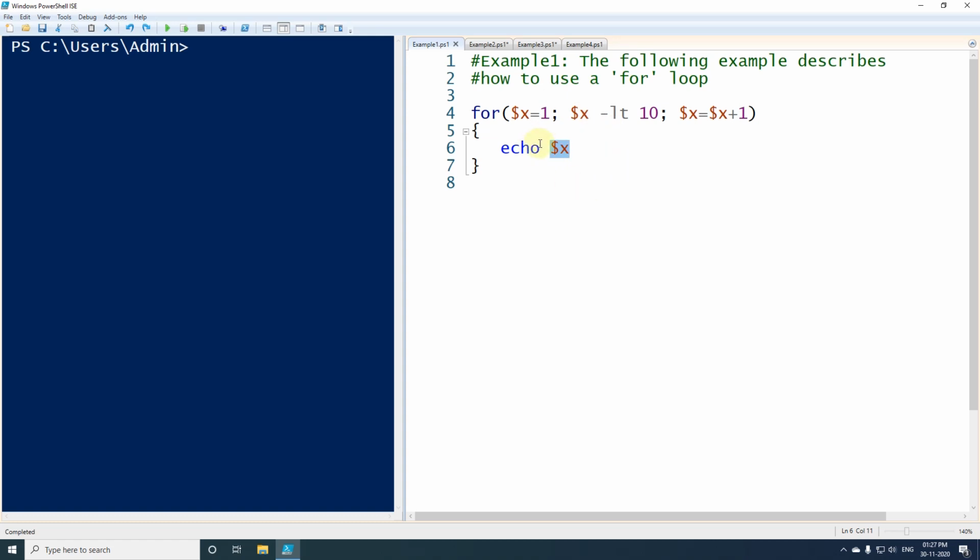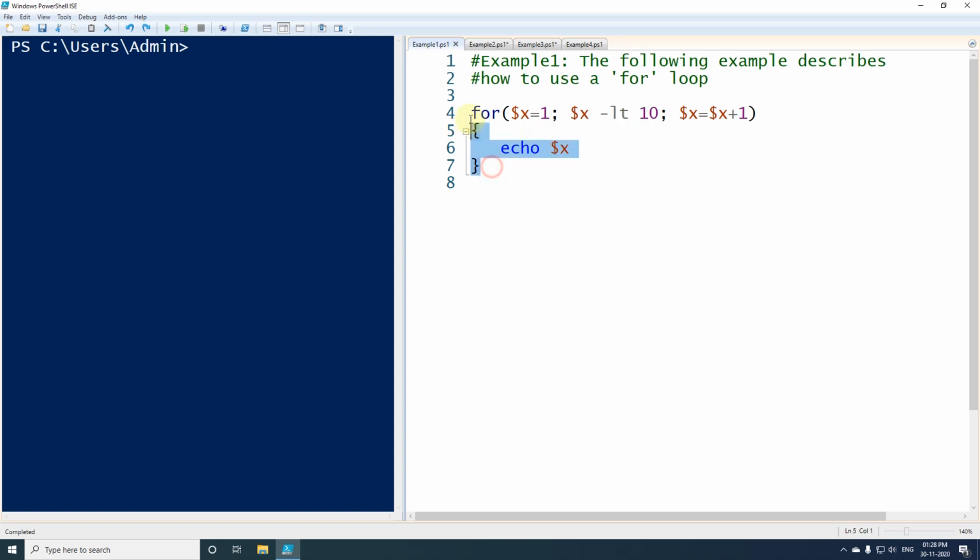And whenever the loop repeats, the value of x will be incremented by 1 here, and it will again be assigned to $x here. So the next time it runs it becomes 2, 3, 4, 5, and again it will be less than 10, so in that case it will be printed again. And as soon as this value becomes 10, 10 will be equal to 10, but here we have put the condition less than, so this condition will not be satisfied and the loop will be broken.